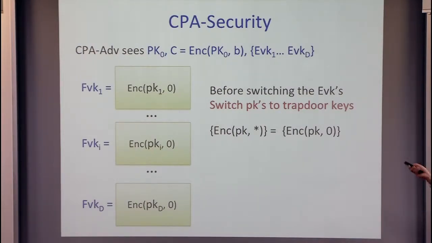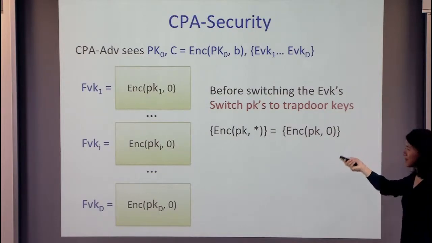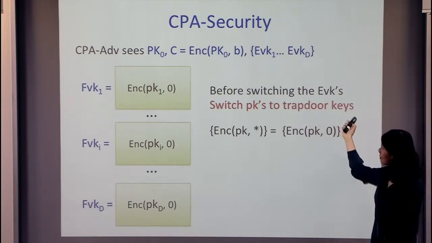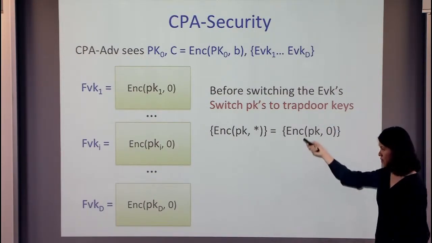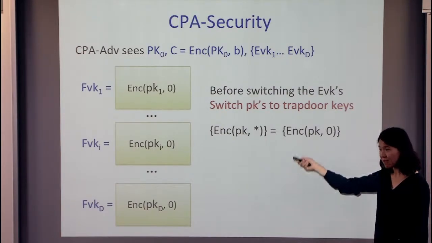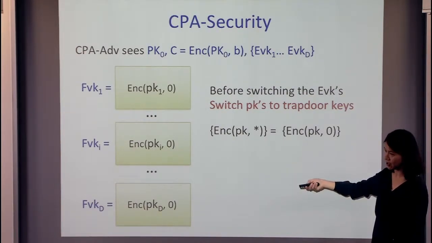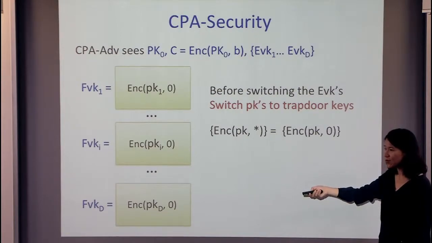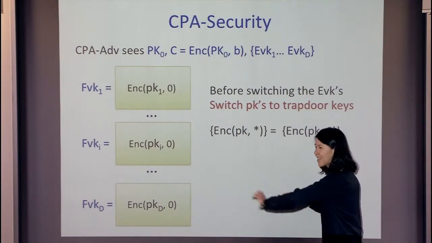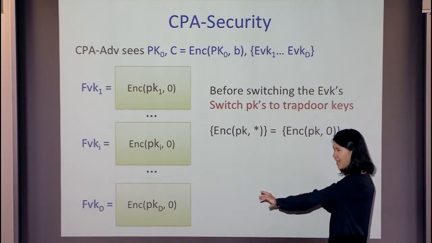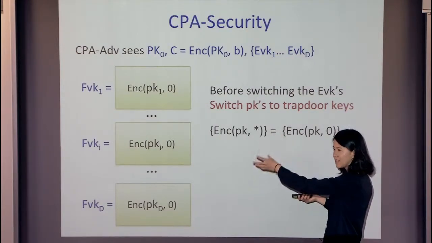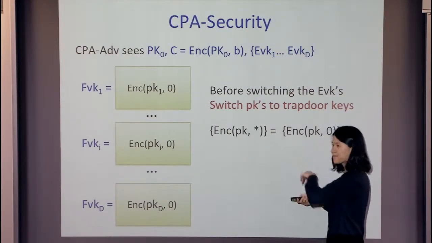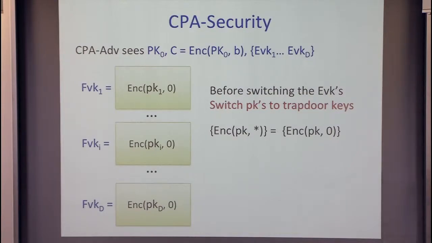So, okay, I cheated a little bit. You cannot really switch the trapdoors right beforehand because there are many public keys, one per evaluation circuit. So what you need to do is switch the first public key and then do the indistinguishability step, and then switch the second public key and do the indistinguishability step. So it's kind of interleaved, not happening at the beginning. The point is that 0 times exponential is still 0?